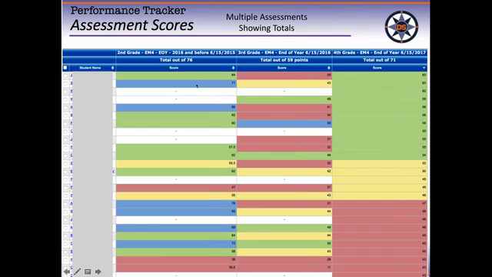This one I would be a little concerned about. He was a level 1. I mean a level 4. He went down to a level 2 and then back up to a level 3. So that's good. This one's bouncing around from 1s and 2s. This student in second grade was at the top and now is at the bottom. So if you look at 3 assessments over 3 years that are measuring the same skills, or math skills anyway, or reading skills, whatever the assessment is for, you can see how the students are doing. They're going up or down.